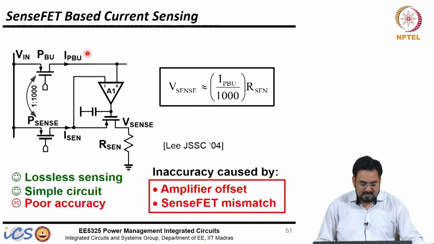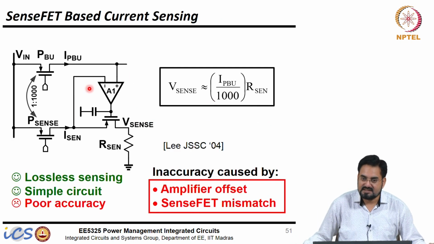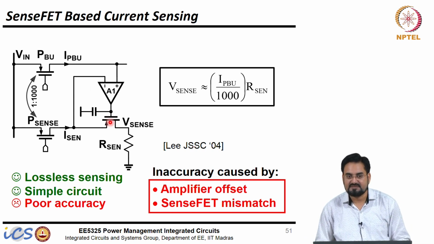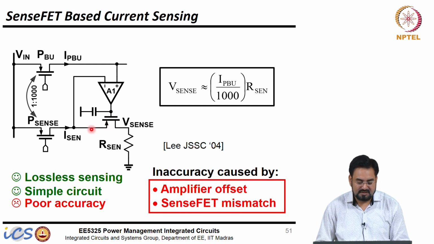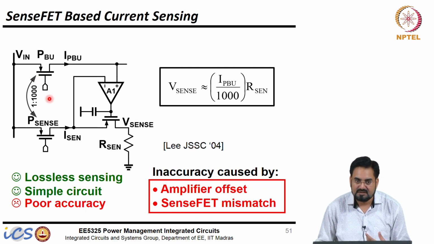So we already talked about different current sensing techniques, if you remember, and we talked about SenseFET, the lossless SenseFET, where you have a smaller FET, and this is your, let's say, 1:1000 ratio. So if this is 1000 times, this will be only 1 time of that. And if we match the VDS, because these devices are linear, we know when it is turned on.